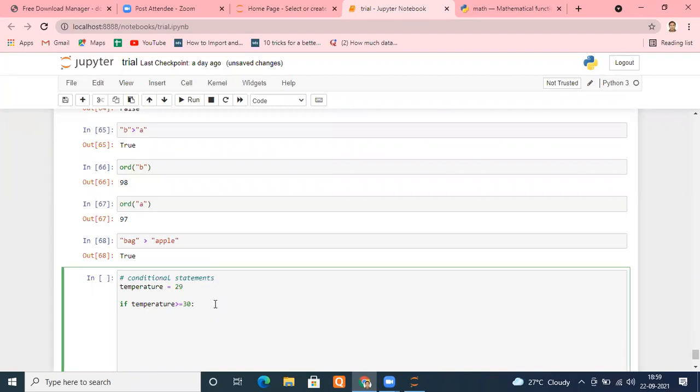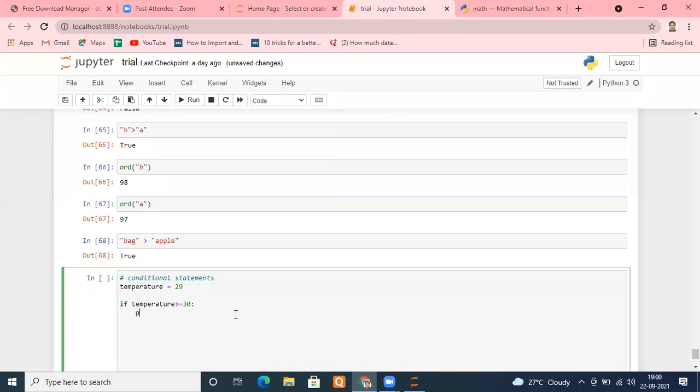I repeat once again: if, space, your expression which should return a Boolean value, and put a colon there. After the colon, press enter. You can see the cursor is not at the extreme left. It is indented, and the distance between the extreme left and this indentation is 4 white spaces. Remember that thing. Anything you write from this indentation will be executed if this statement is true.